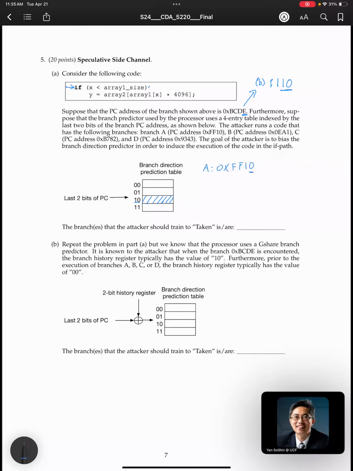The last digit is 0. If we convert to binary, it will be 0000. The last two digits are that one. That means branch A maps to this. Branch B